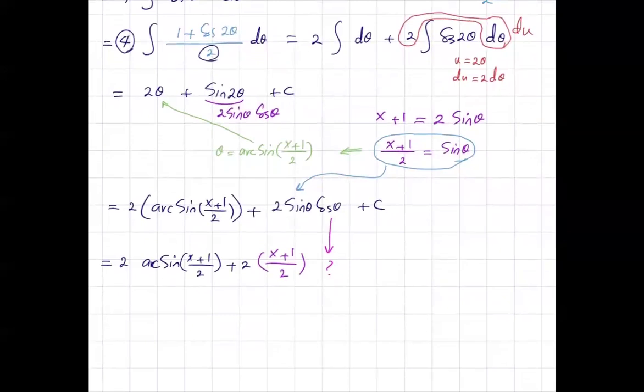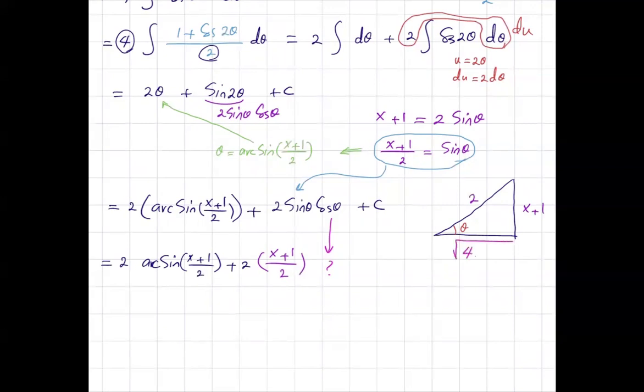From the right triangle and Pythagorean theorem, we can figure out what cosine theta should be. This is your theta here. This is the definition of sine. Sine is x plus 1 divided by 2. So you have x plus 1 on one side in front of theta, and the hypotenuse is equal to 2. So basically, what your length here is